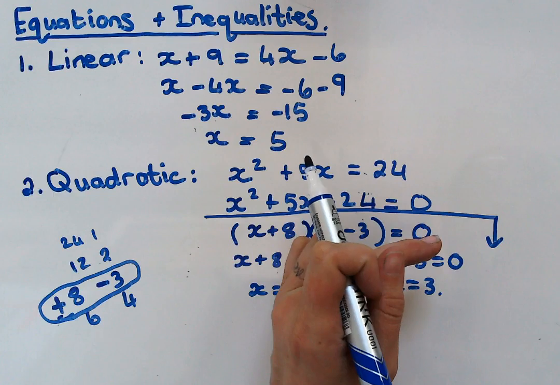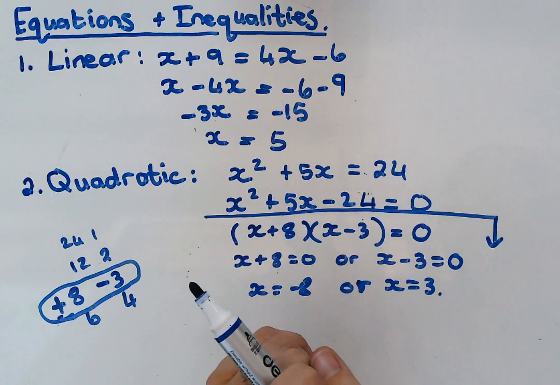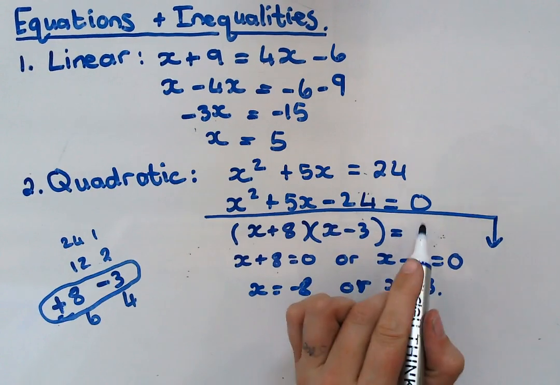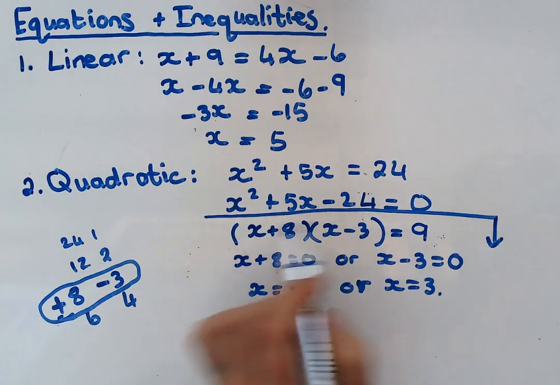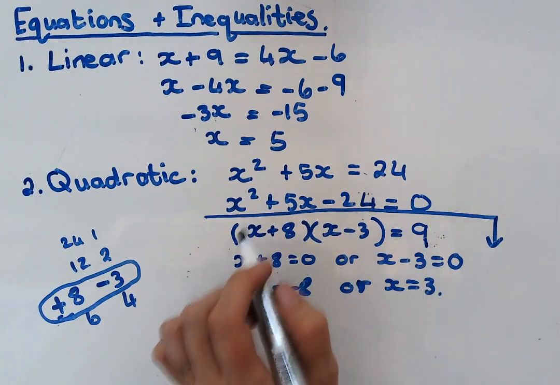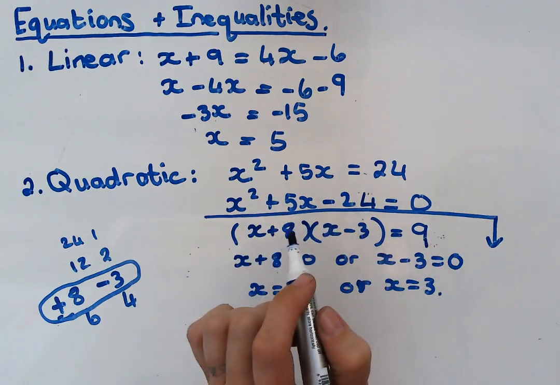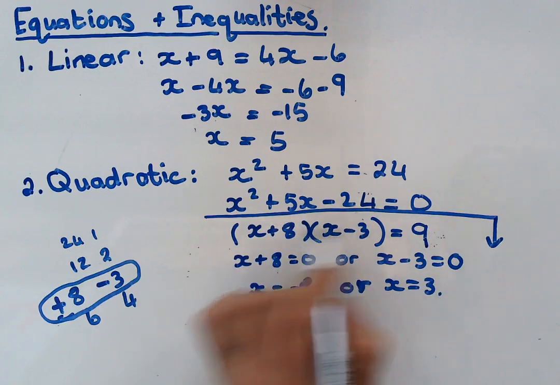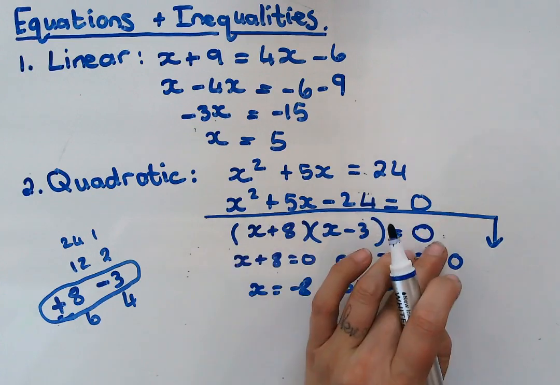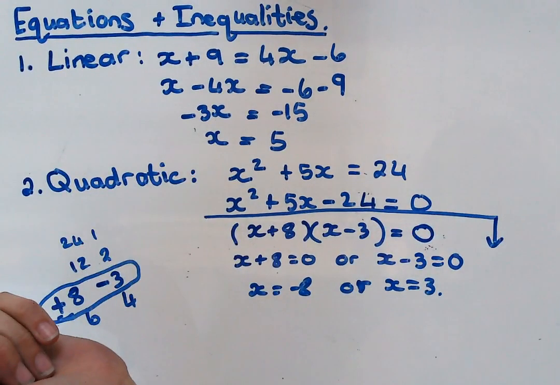So if they give it to you like this, then you can just use the zero factor law and just write down the answers. Right. If it's two brackets multiplied and say for instance it's 9, then you have to, because it's not already factorized with 0 there, it's some value, then you have to multiply in these brackets, bring the 9 this side so that you can combine all of the terms before you factorize it again, and then the factors will be different than these. But if it's already factorized and equal to 0, they've done the process up until here and you can just do the last step basically.